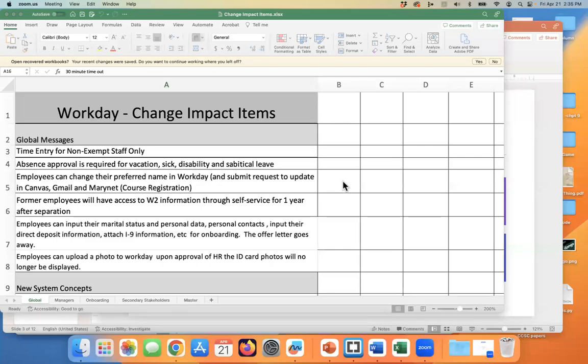This week, we talk about change management. And as a change management consultant, I can tell you that one of the most important tools that is needed is to identify all the areas of change. So, several years ago, I was hired by Marymount to be the change management consultant for the implementation of